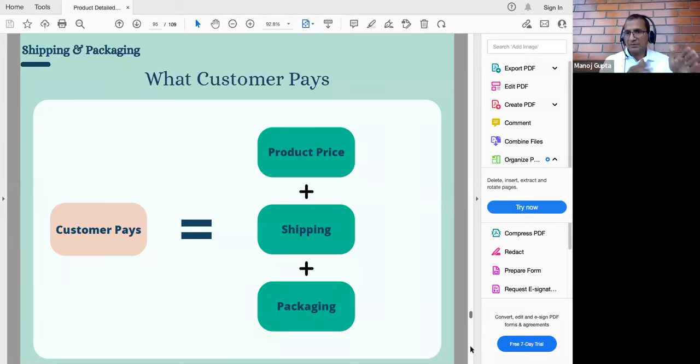What customer pays now, product price is not the only thing that as a seller you will say कि मेरा product का price है. You can also specify shipping charges and packaging charges, and customer will pay product price, shipping, and packaging. These three things you can specify in ONDC when you upload a product. कि आपको shipping charges क्या लगाना है customer पे, आपको packaging charges क्या लगाना है customer पे. So what you will get